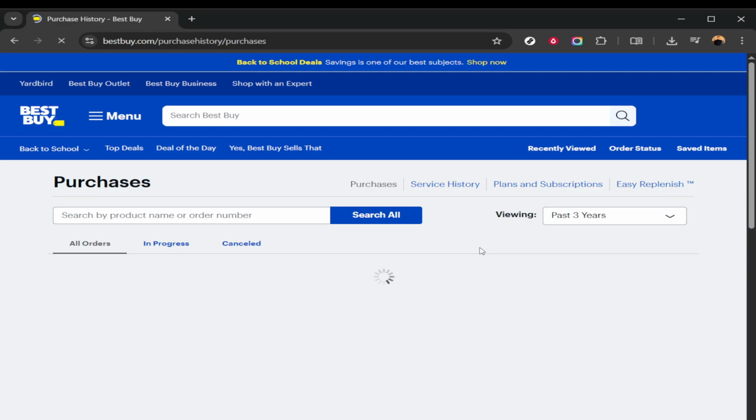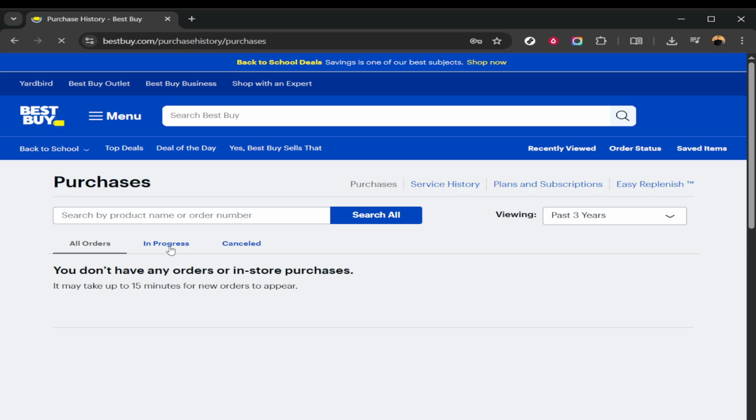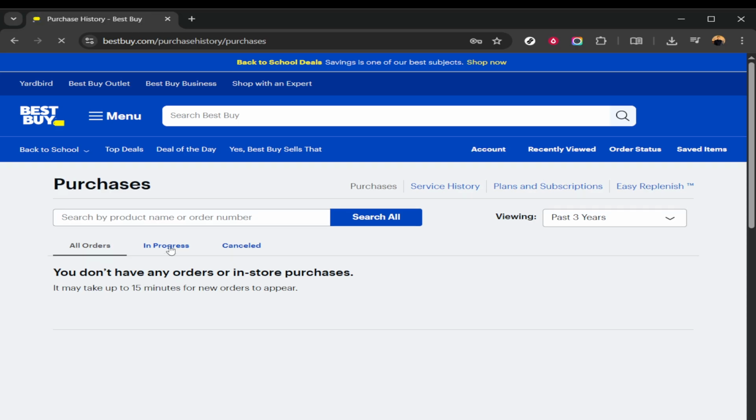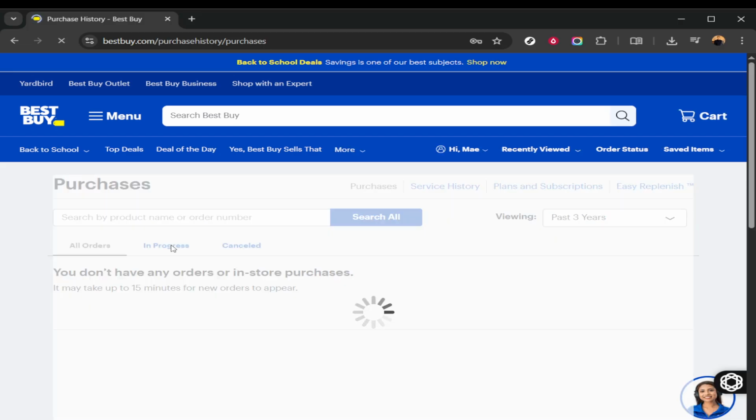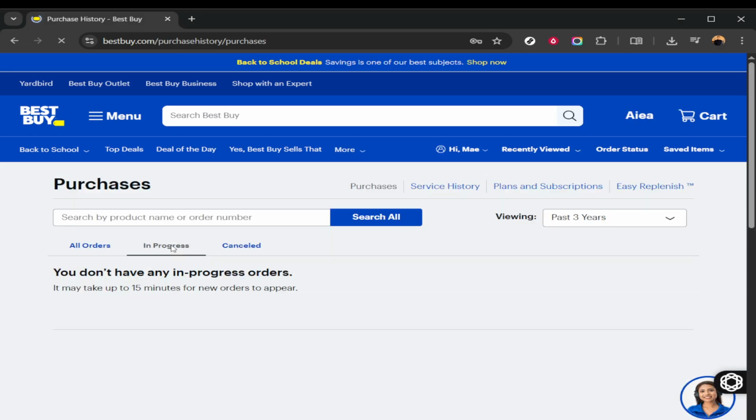Here, each purchase will usually show the date, item description, price, and even the method of payment. If you have multiple purchases and need to locate a specific one, use the filtering options usually available on the page to sort through orders by date or category. And that's it. This simple process is really all it takes to find all your tech purchases on Best Buy's